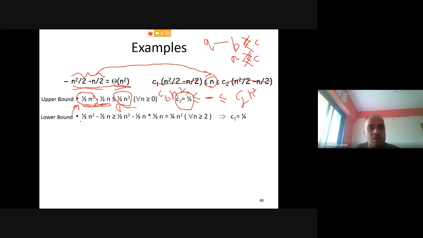Lower bound says what? Lower bound means you need to show that this function, half of n square minus half of n, should be greater than or equal to c1 into n square. So you need to find a lower bound, right? So here this function should be greater than or equal to half of n square minus half of n into